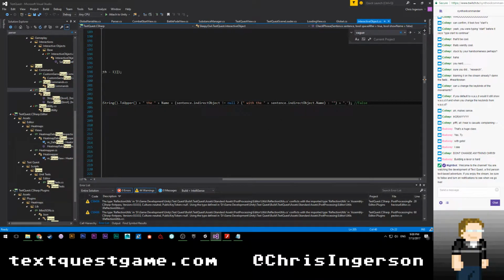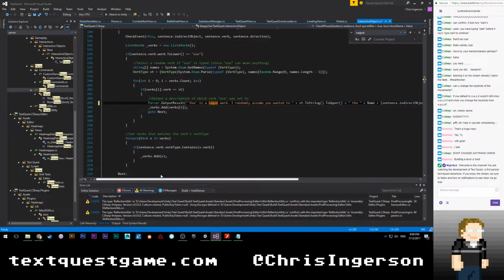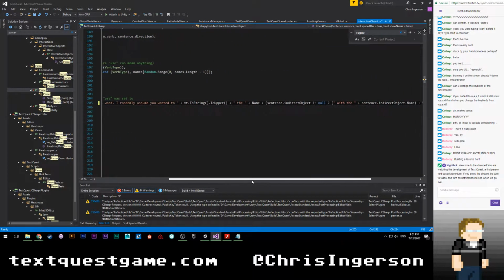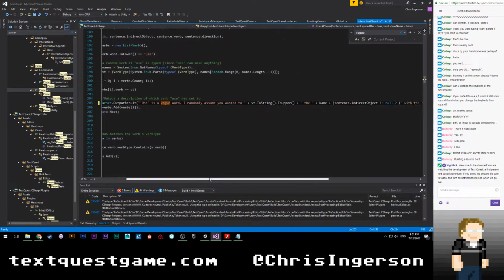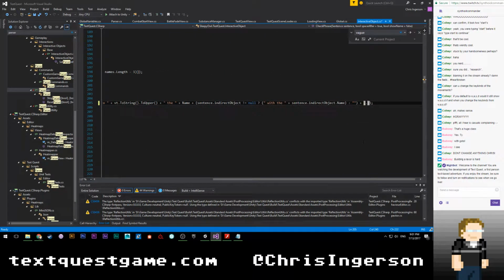God, this is such a massive, terrible line of code here. All right. I could make this a string builder to make it a little bit more readable, but all right, I'm instead going to just do this. And then for a list of verbs, type V. Okay. So let's see what that looks like.